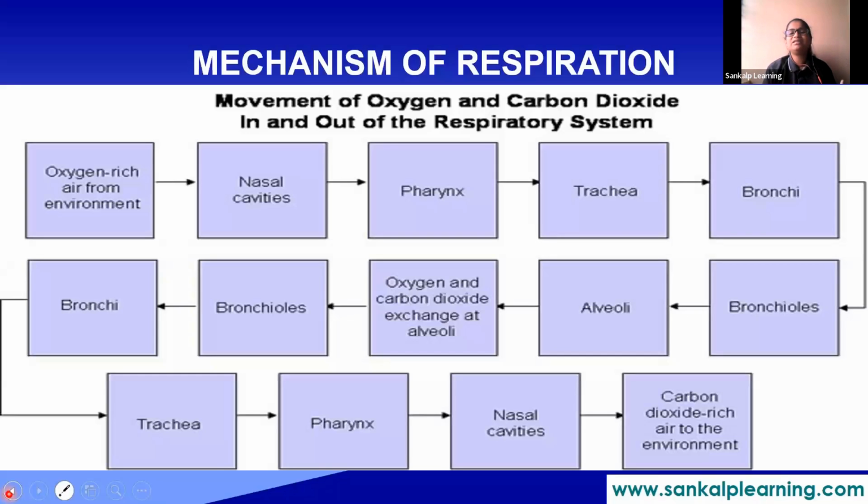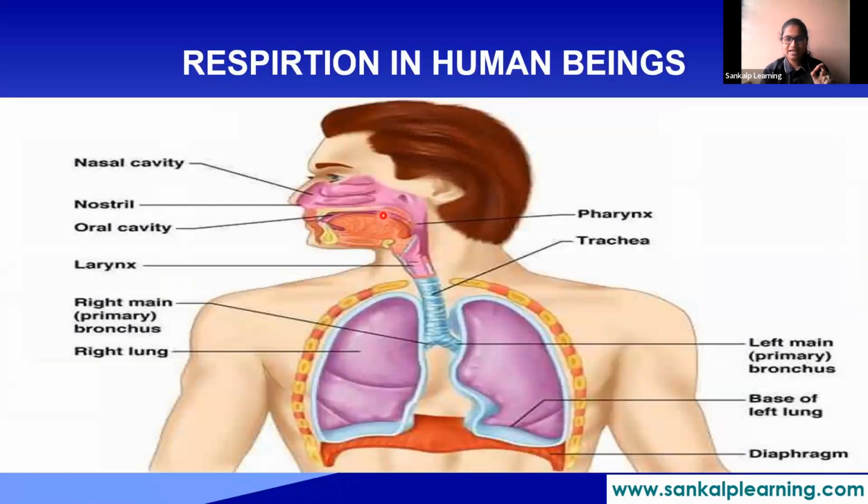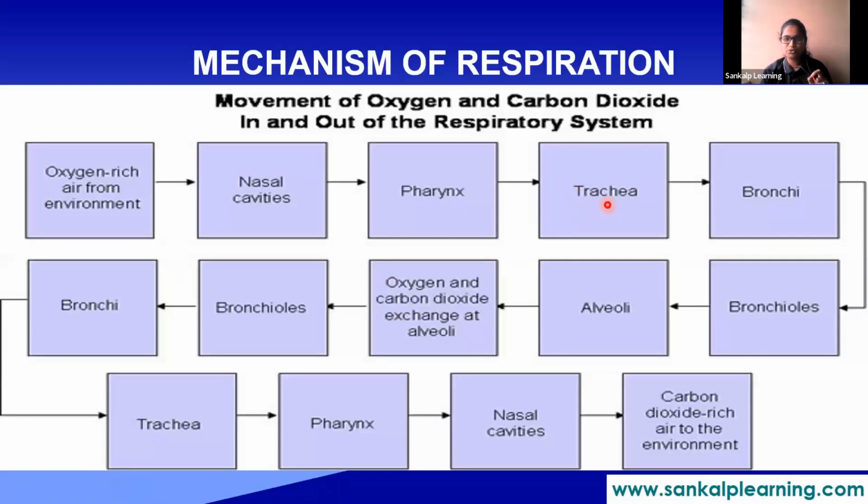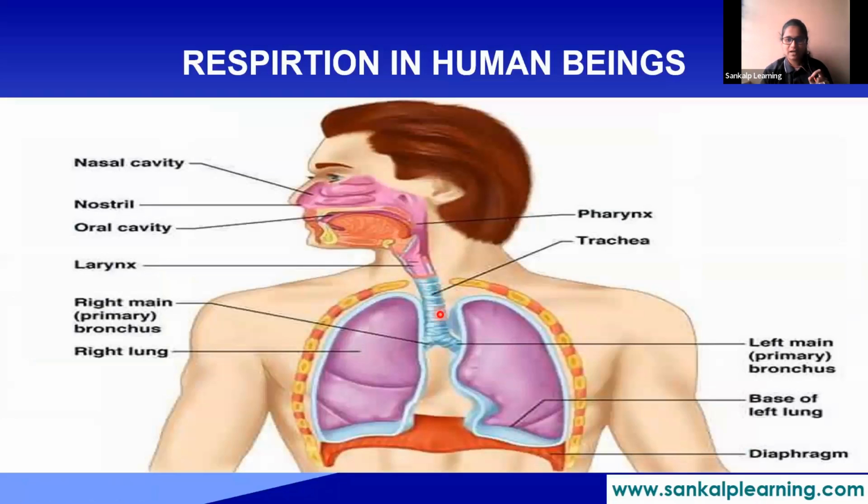Next, what happens here? How actually does breathing or respiration take place? So first, oxygen-rich air from the environment enters through our nostrils, into our nasal cavity. After the nasal cavity, it moves to the pharynx. Next, after the pharynx, it moves to the trachea. You are observing, it moves to the trachea in this part. After the trachea, it moves to the bronchus,